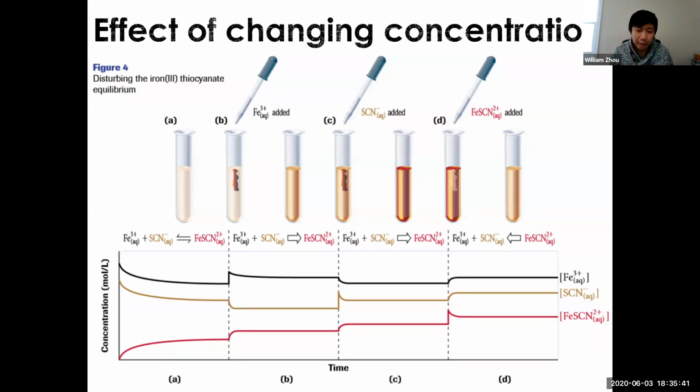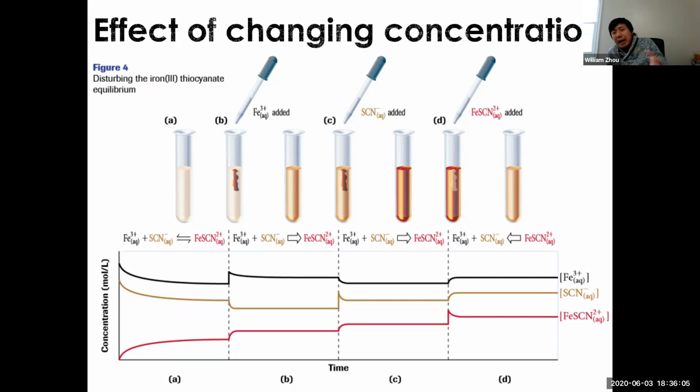In C, you spike up SCN concentrations. Le Chatelier's principle would then seek to reduce that by making more products. So you shift the reaction to the right side, you produce more of that crimson red ion to consume the additional SCN. So now you become even darker than before. Okay, and lastly,